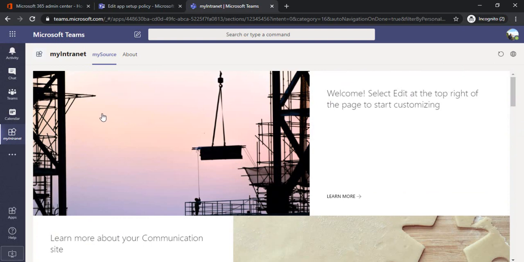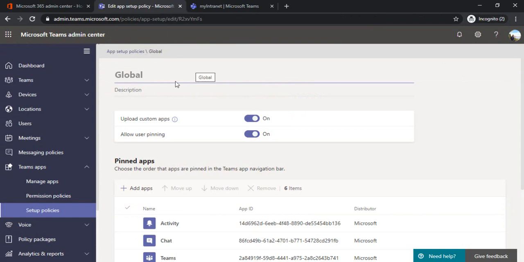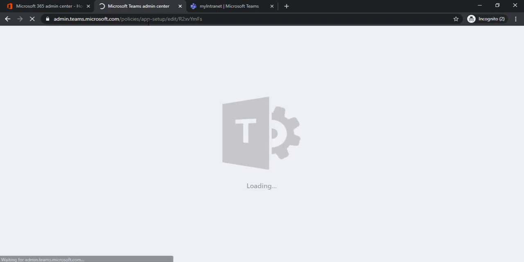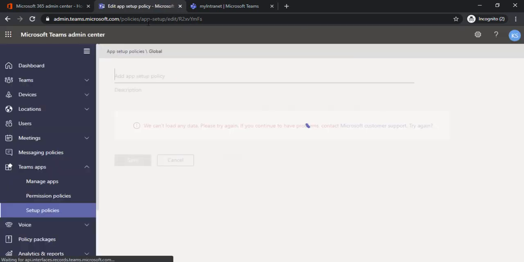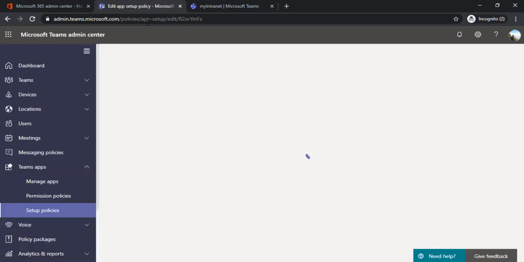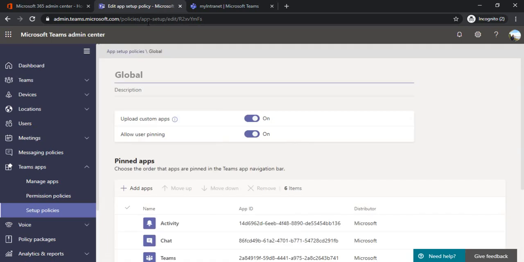Now anyone from your company who logs in, you want them to see this intranet. Right now that option would be driven only from this Teams administration. So let me refresh and show you how you can force everyone to see this My Intranet option and how you can set up the order of this.